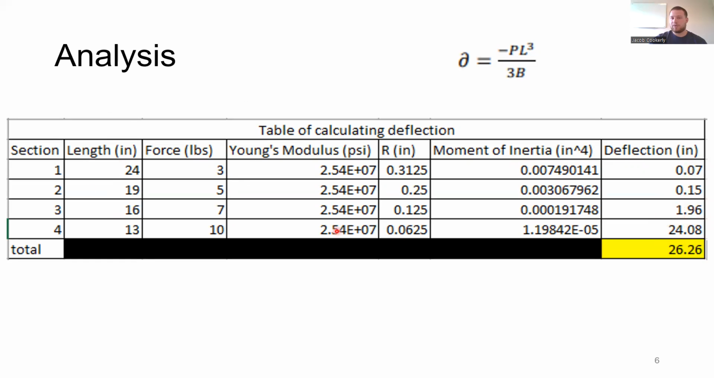So if we add all these up, the total deflection that will result from the load, or the weight of the fish, is 26.26 inches, which is a little over 2 feet. If you're a fisherman, that seems perfectly reasonable for the assumptions that we made. And I haven't quite gotten to figuring out how to calculate the maximum weight of the fish, but that will be in my last